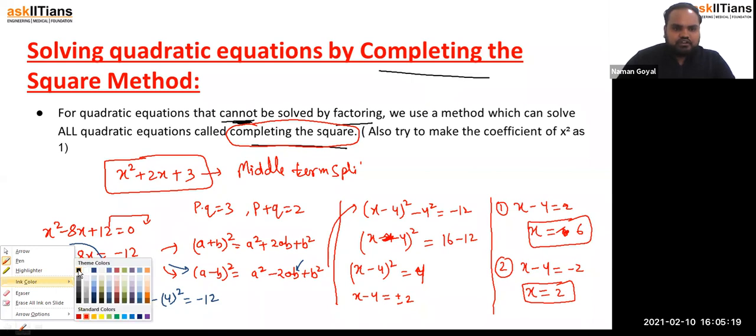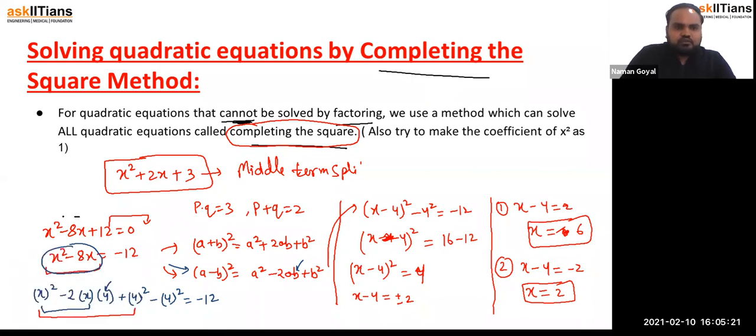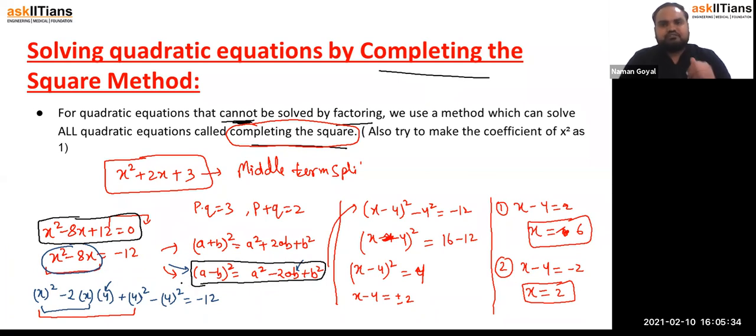What do we do in this question, let's see. The equation is given like that, right? Now, if the minus sign is there, then we try to solve the equation by making it in the form of a minus b whole square, which is a square minus 2ab plus b square. Now, if a plus sign is there, then we have to take it as a plus b whole square, which is a square plus 2ab plus b square, right?